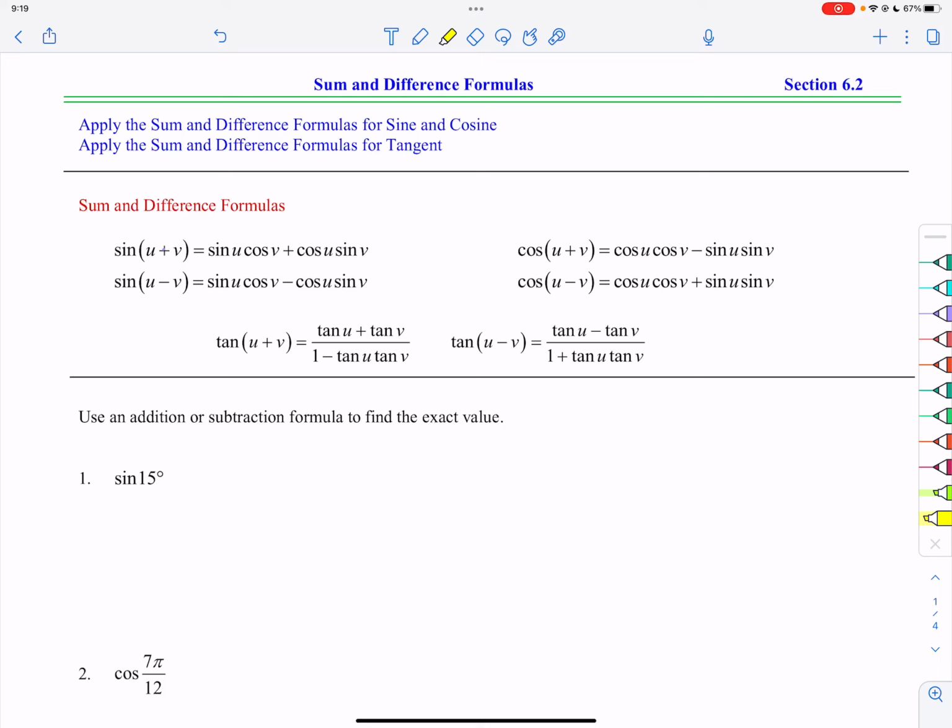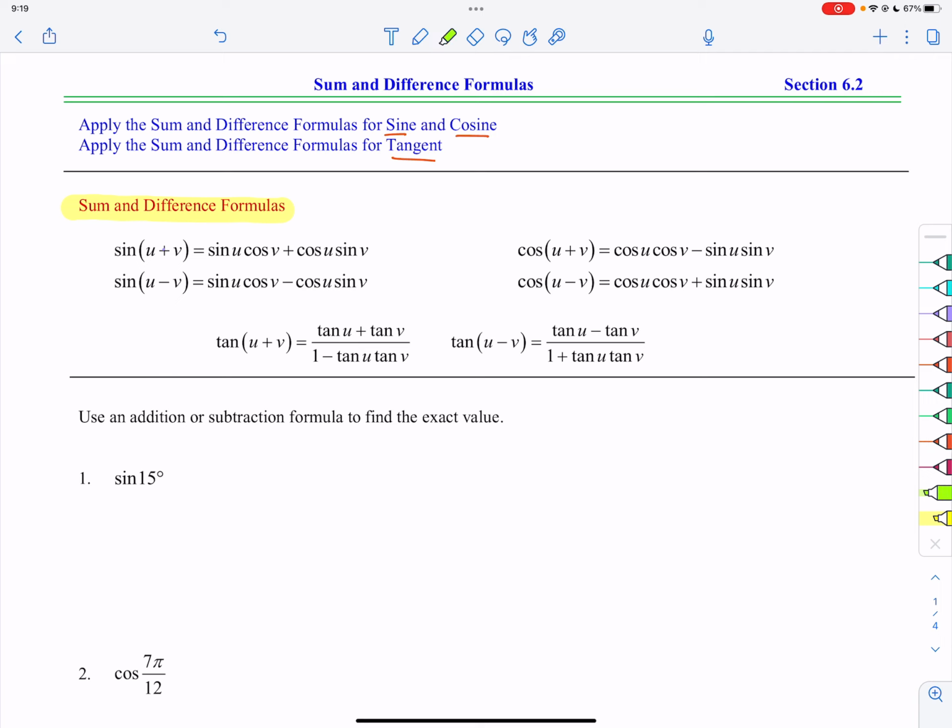This is section 6.2, the sum and difference formulas. We're going to begin with the sum and difference formulas for the sine, the cosine, and the tangent. Now, if you can look at each one of these and look for some similarities, as you can see, the